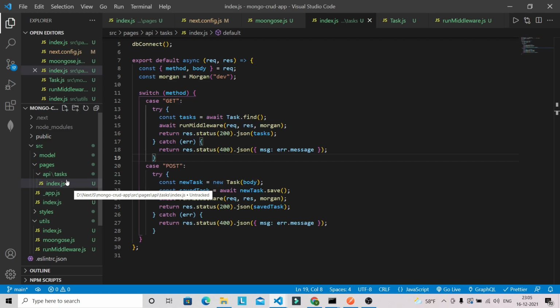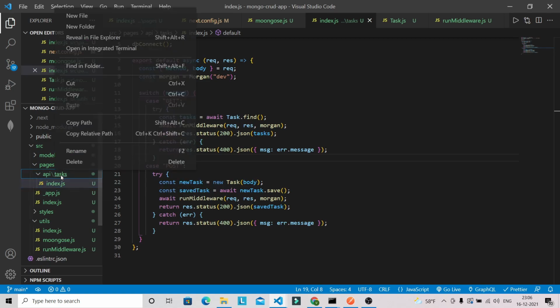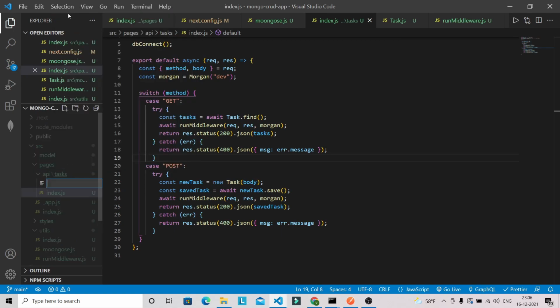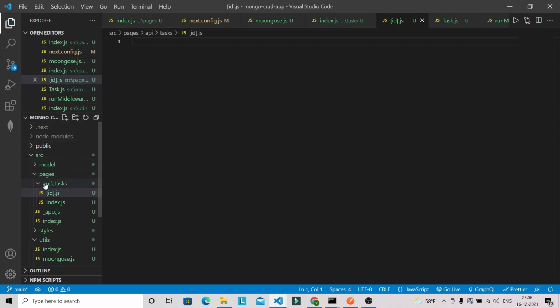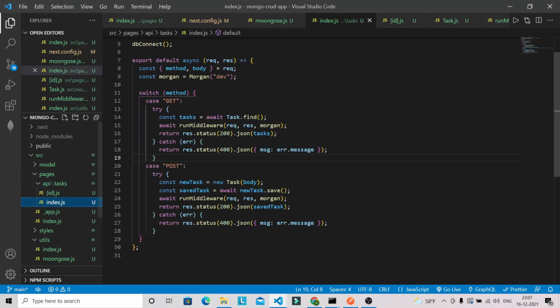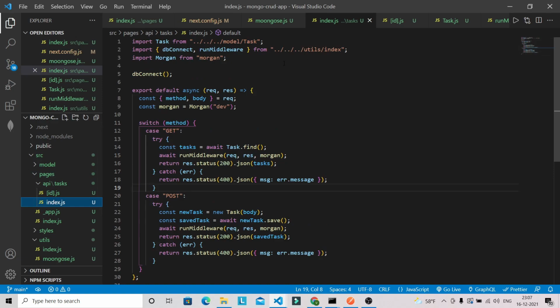So we have to create a file here this way, [id].js. Okay, so we have to create the file like this only. So in this file again we need to bring our dbConnect and the Task model. So let's bring all these three import statements here as well.